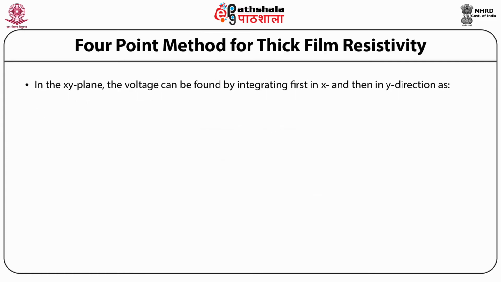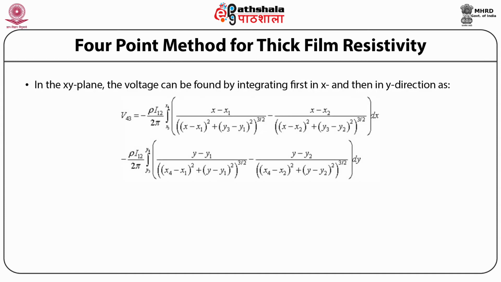In the xy plane, the voltage can be found by integrating first in the x and then in the y direction as V43 equals minus ρ I12 divided by 2π, times the integral from x3 to x4 of (x minus x1) divided by ((x minus x1) squared plus (y3 minus y1) squared) raised to the power 3 by 2, minus (x minus x2) divided by ((x minus x2) squared plus (y3 minus y2) squared) raised to the power 3 by 2, dx,